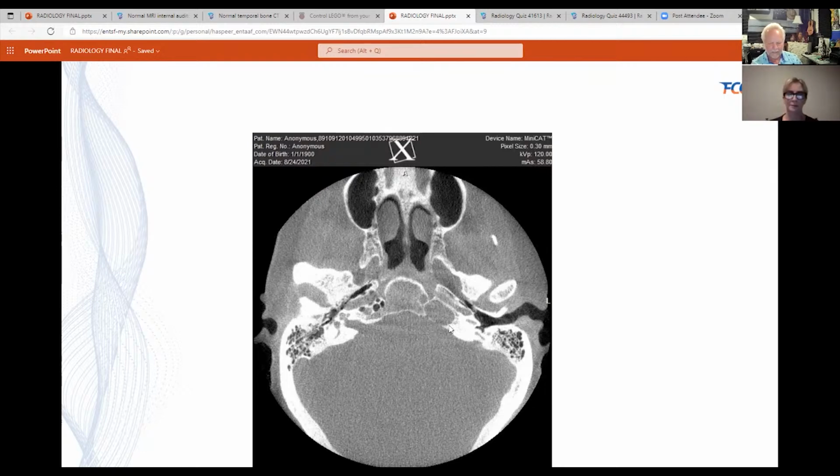And we haven't done surgery. We may not do surgery because sometimes they can sit out here and be fairly benign. We're going to repeat a scan. She's coming back in 3 or 4 months from now, and we'll see if this is enlarging. If it's not, we may monitor the hearing and the size of this, because the surgical approach to something this